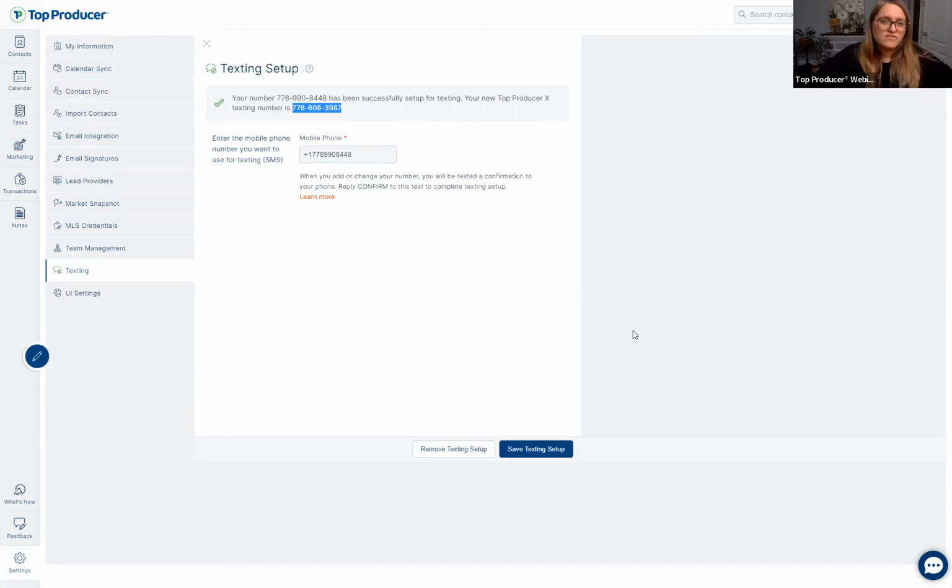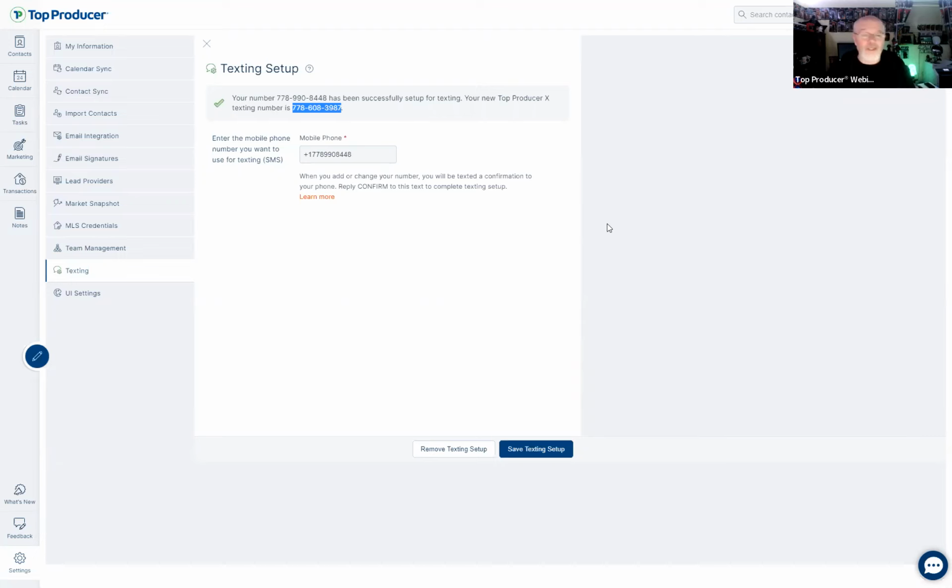Another cool thing about it is having everything in one place. So you have your contact records, you have their information, you have their emails, you have their texts. So you don't have to look everywhere. That's the point of using a CRM, is to get yourself organized. So you're not using multiple programs and checking your phone and, oh, where did I get this information? You want to look one place. It's going to save you time and money. Absolutely. The more we are trying to create software where you spend less time in here, because we know your main goal is to be working with your clients out there in the field, helping people buy and sell, because at the end of the day, that's what you're here to do.